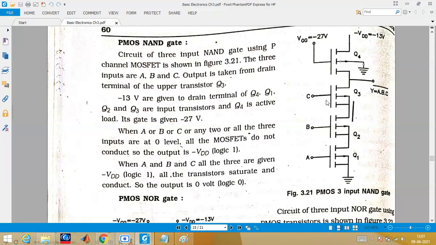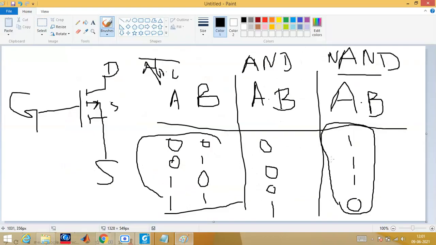And otherwise, if you are connecting any of these to be 0, that means suppose you gave A and B as 1, those became short circuit, but this C is an open circuit, there is no path at all here, so this value will not go here, right? Whether you are making C to be 0, or all these 3 to be 0, or A to be 0, it cannot go to the ground. At that time this value will come here directly. So you can see we can satisfy this truth table.